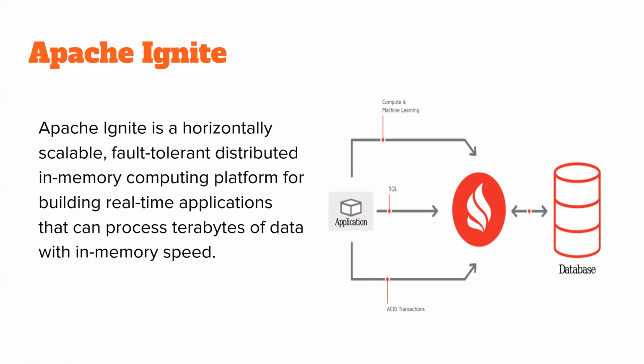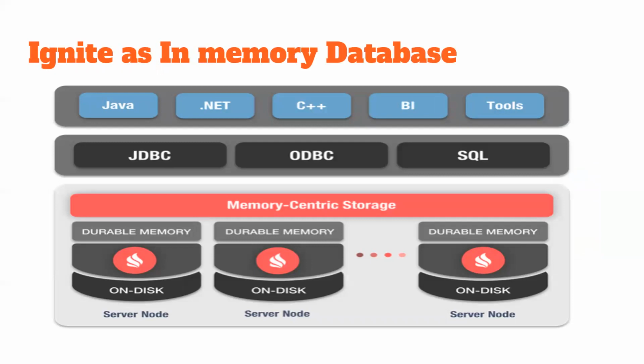Apache Ignite is an in-memory computing platform that is durable, strongly consistent, and highly available with powerful SQL, key-value, and processing APIs. It is also a fault tolerant distributed in-memory computing platform. Apache Ignite as an in-memory database: Apache Ignite is an in-memory computing platform that enables you to dramatically accelerate and scale out your existing data intensive applications without ripping and replacing your existing database.